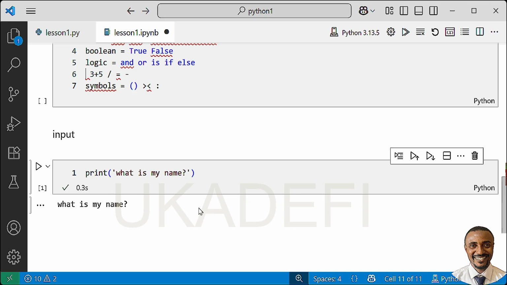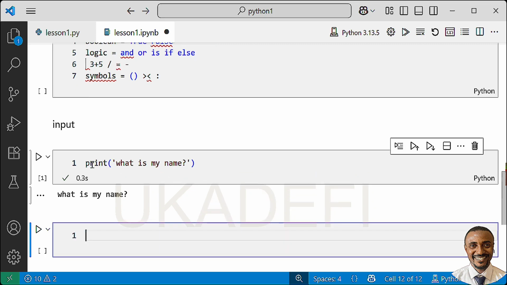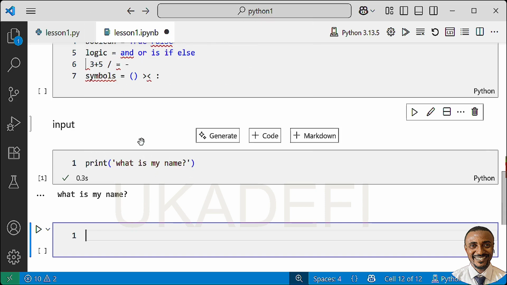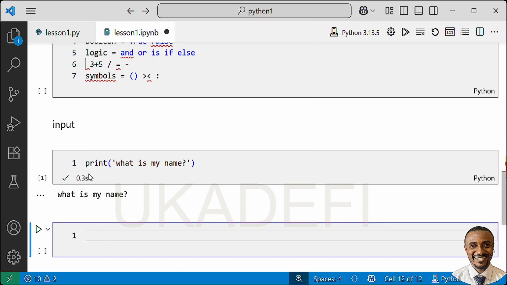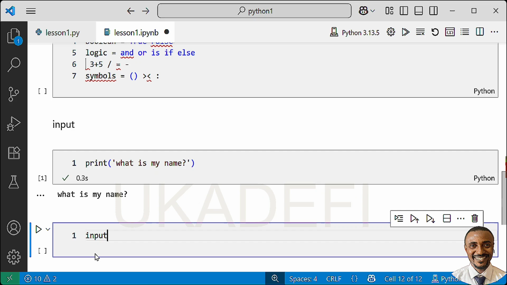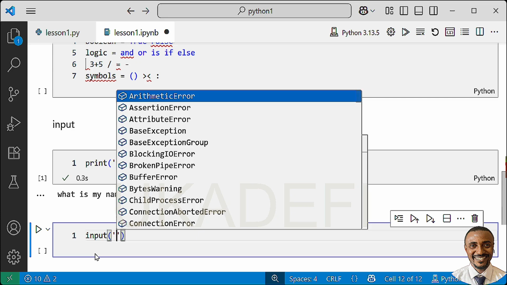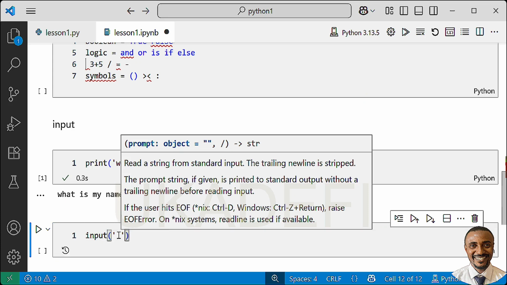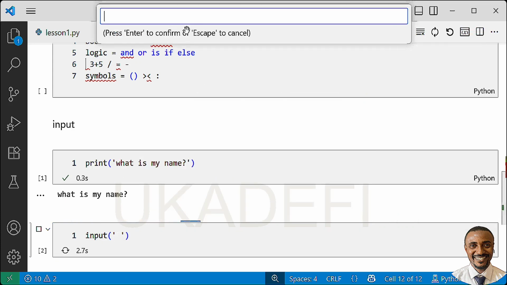And so what if I want to respond to this question? I'll be able to use the input function for that. Remember, to use the print function, we actually wrote print with our parentheses and our quotes. And so right now, instead of print, we'll be using input. We also add our brackets and our quotes. Remember, we have two here, one on the left, one on the right, and then your text stays inside, and you add a space. And when you run this, a little box is going to pop up right here at the top,